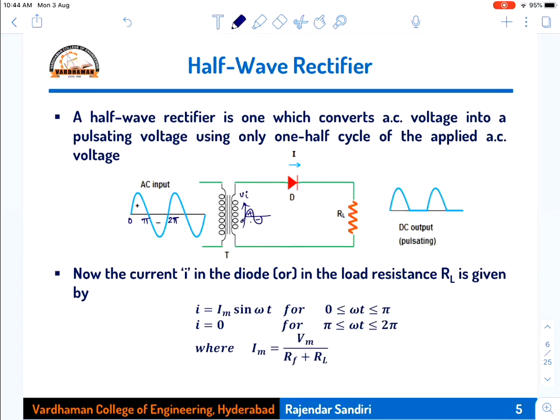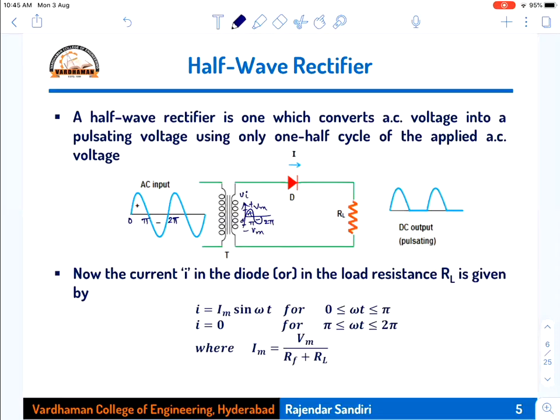So the secondary winding and primary winding are both sinusoidal AC signals, but the secondary winding amplitude will be less, and the peak value of that we call Vm. Plus Vm on the positive side, minus Vm on the negative side. Because it is a symmetrical waveform, either positive peak or negative peak will be the same, Vm, but on the positive side the polarity is plus, on the negative side the polarity is minus, and the peak values on both sides will be the same because it is a symmetric waveform.